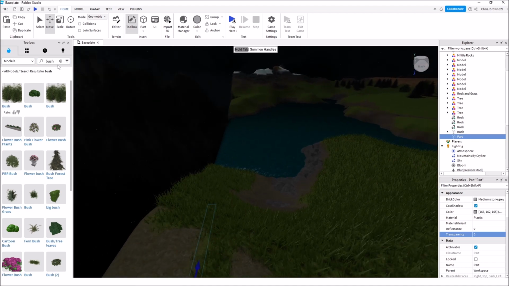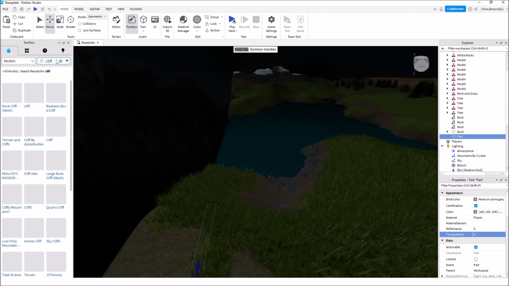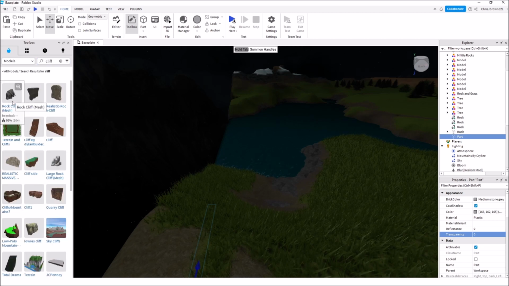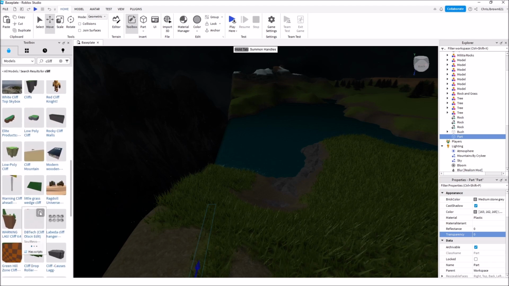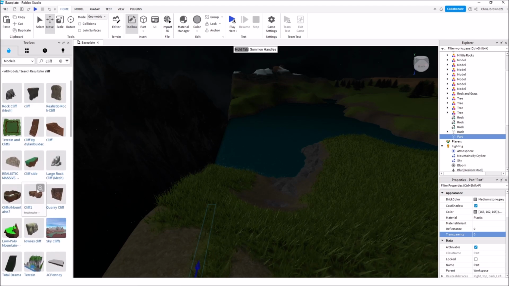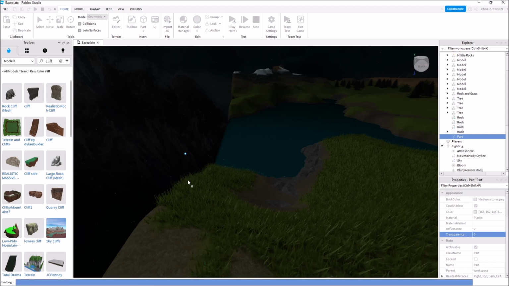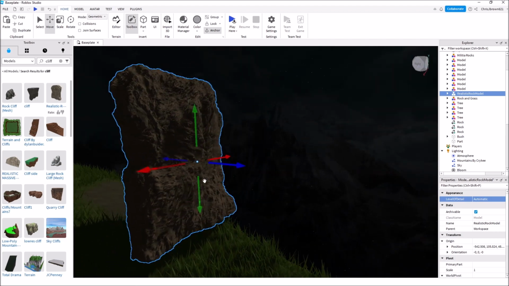Now what you can do is over here in models, you can go and look at cliffs. And you're going to find different options. And basically what you want is a cliff wall that you can stretch or keep adding them along the side that will stop people from walking that direction. And you can't use all this blocky stuff. You need something realistic looking. So, I mean, if we were to go for this right here, see, yeah,